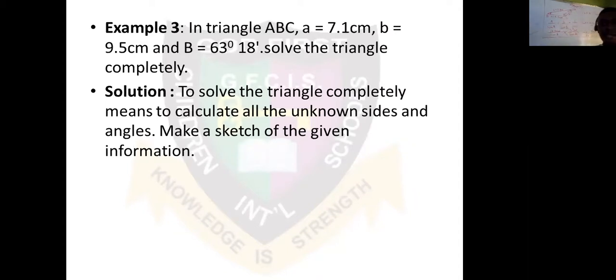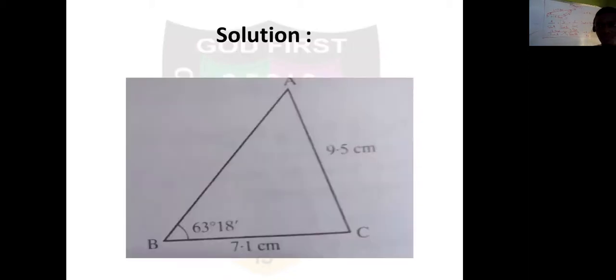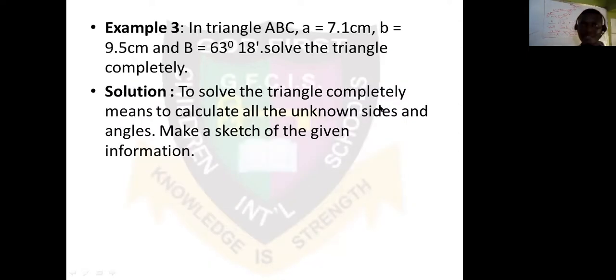So in triangle ABC, A is equal to this, B is equal to that. So let's look for the triangle. So this is the triangle. So are we solving completely? They said in triangle ABC A is this, B is this. So solve the triangle completely. So we are solving completely. So if you are going to solve completely,